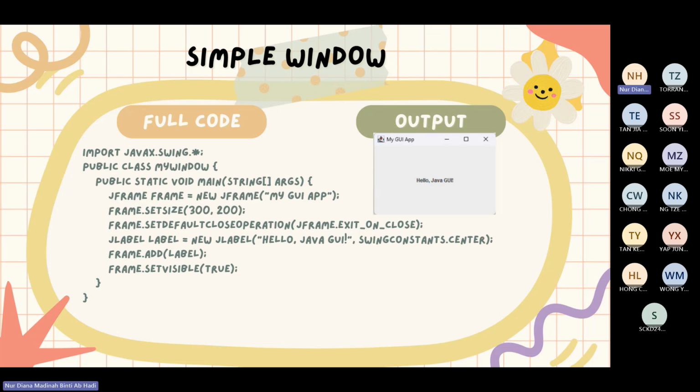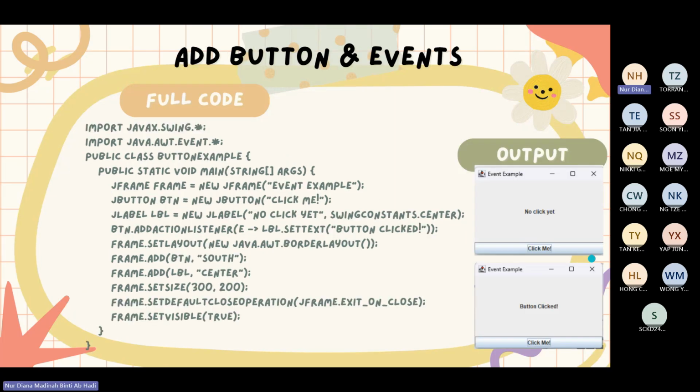Okay. Done. So that is how you can try to design your own GUI. Let's continue to the next page. This one is add button with events. Okay, add button with events. When I run my code,